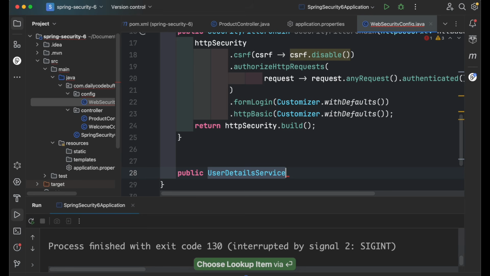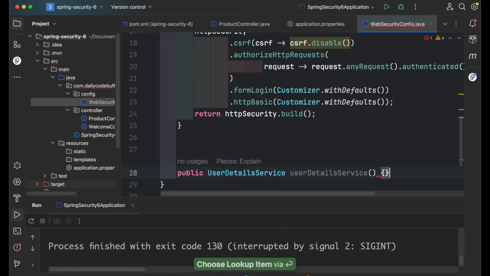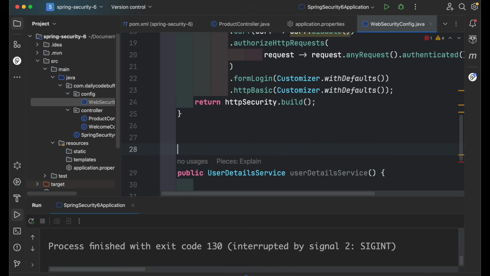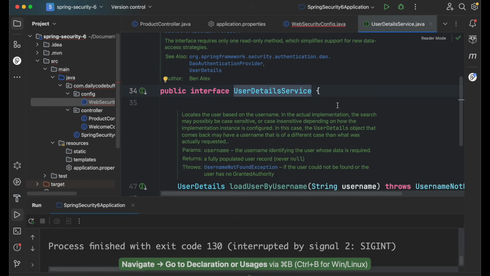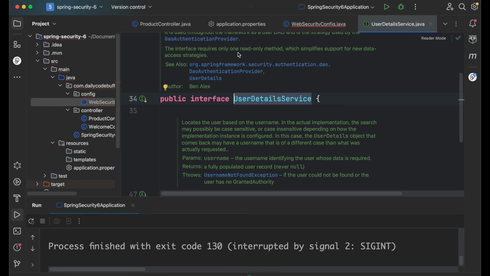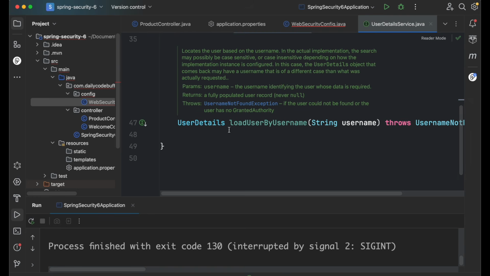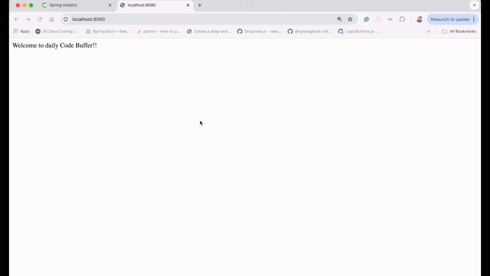Okay, and I'm going to define UserDetailsService, and this is going to be my bean which we are defining. So now if you check here, this UserDetailsService is an interface. This interface requires only one read-only method, which simplifies support for new data access strategies. So you can see there is one method, loadUserByUsername, which takes username as an input and gives the user details as the